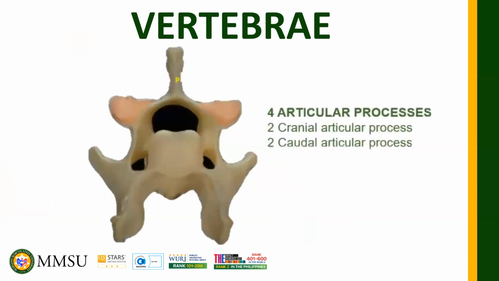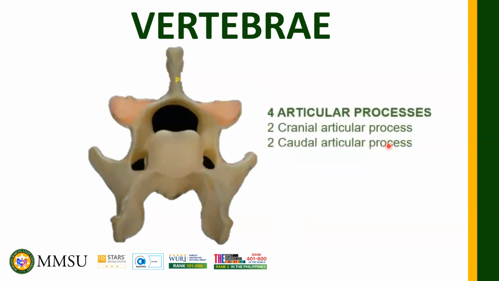Okay? And then in the vertebral arc of the animals, there are typically 4 articular processes associated with each vertebra. So 2 cranial or superior and then 2 caudal, which is inferior articular processes. So in terms of the cranial or the superior articular processes, they are located on the dorsal side of each vertebra. So it's on the upper side. So etong mga processes na to, they articulate with the corresponding caudal articular processes of the vertebra immediately above them